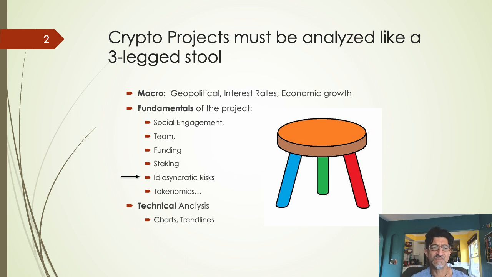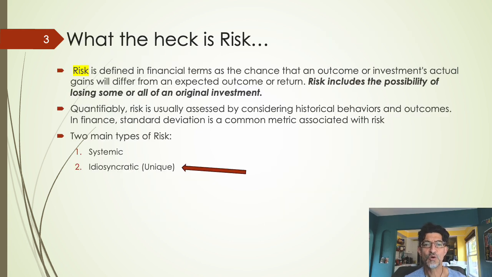in a holistic way. You've got macro, which usually relates to systemic risk. Then you've got fundamentals, and today we're going to be focusing on one specific aspect of fundamental research, and that's, like I said, idiosyncratic risk. And the third way of analyzing crypto, there might actually be four ways, but the third way is technical analysis, which is charts and trend lines and Fibonaccis and all that. The fourth one, which actually could be included under technical analysis, is sentiment. That's very important.